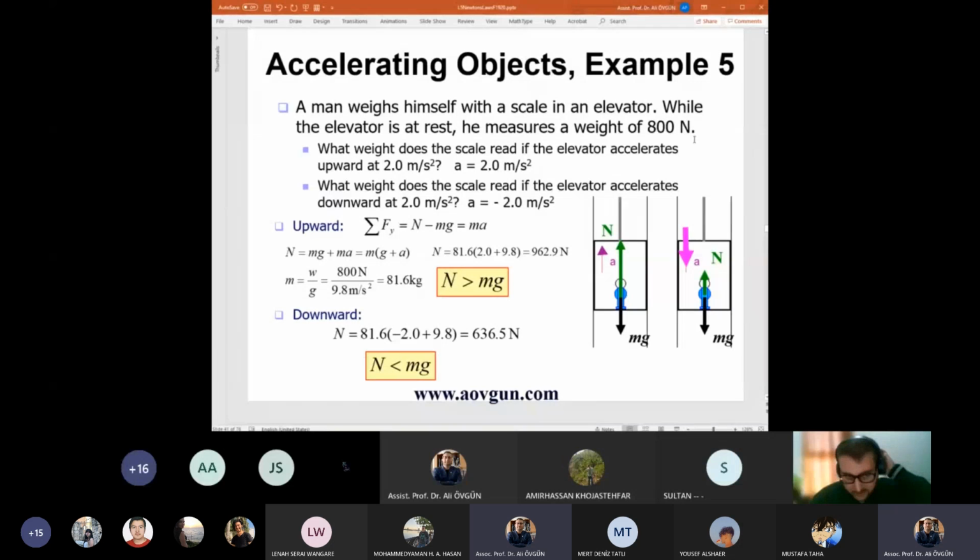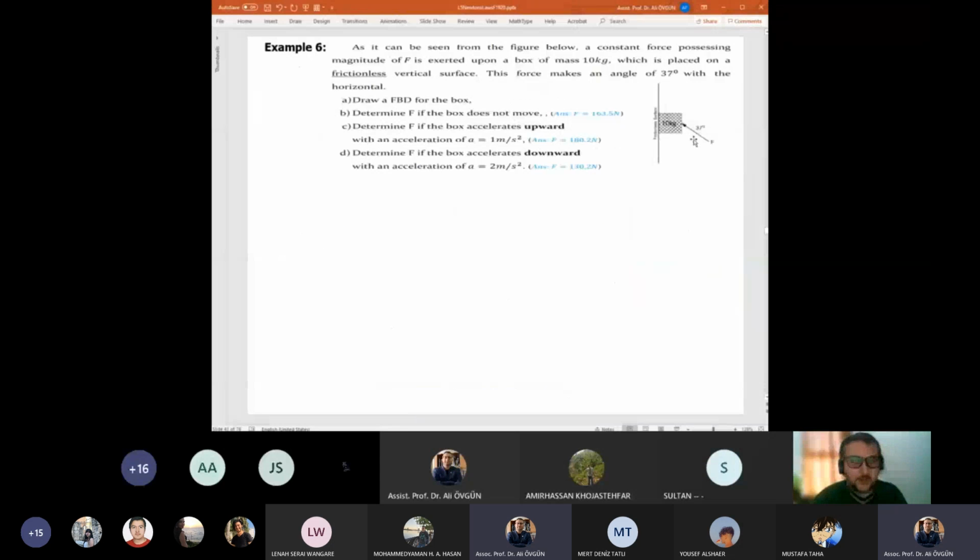Okay, so we found the answers correctly. Let's go to the next example. In this example, this is different because here, as it can be seen from the figure below, a constant force